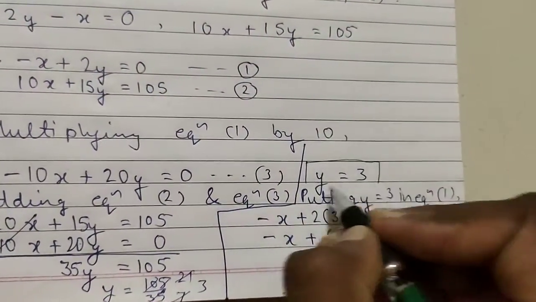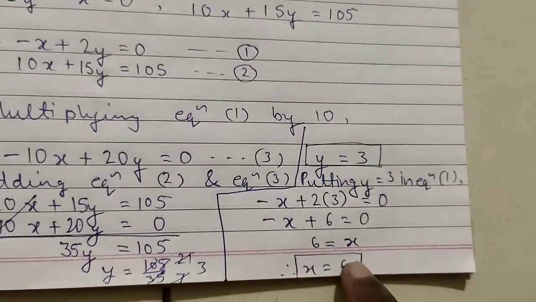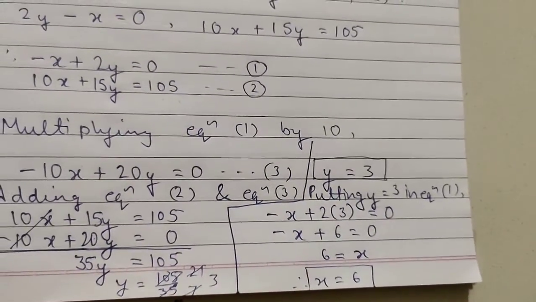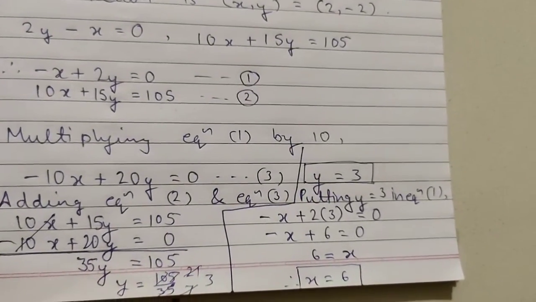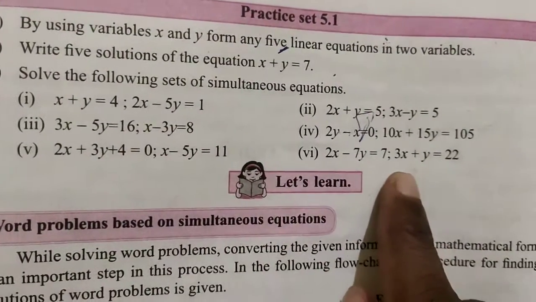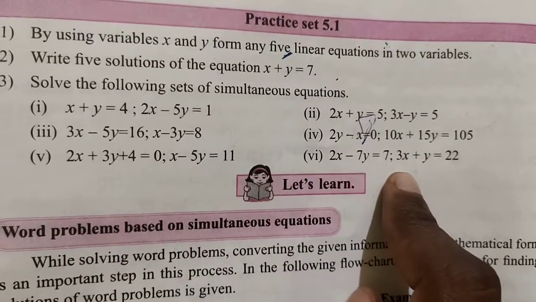Okay. So write your answer. You can write your final answer on your own. That is x is equal to 6 and y equal to 3. Therefore the solution is (x, y) equals (6, 3). Okay, so this was an easier question. Now the remaining two, that is question number 5 and question number 6, these two questions will be homework for you and you will solve them on your own.